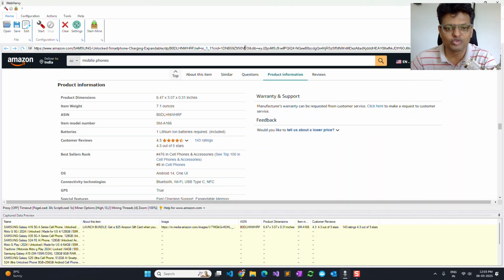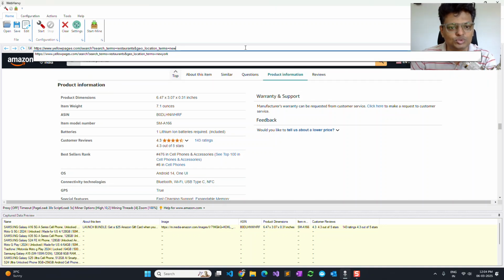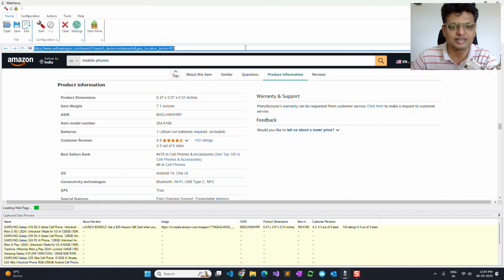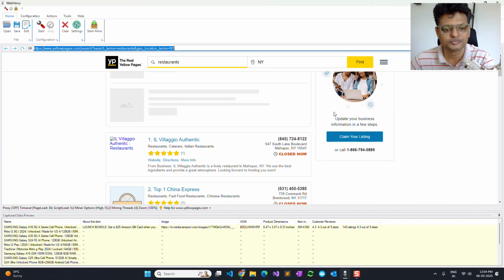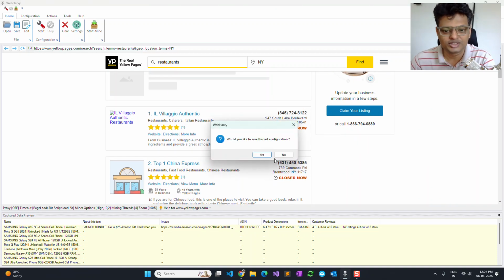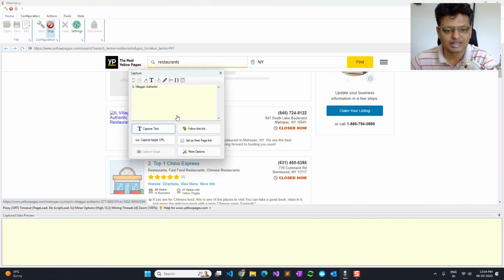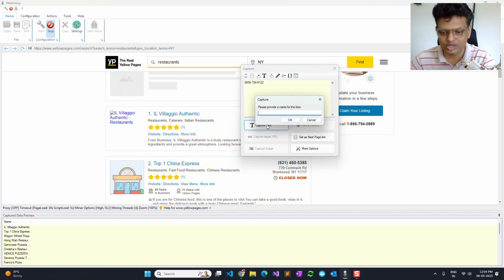Let's also quickly follow another example where let's try to get restaurant data from Yellow Pages. So I have loaded the page. I can start configuration, click and select the name. Likewise for phone number,